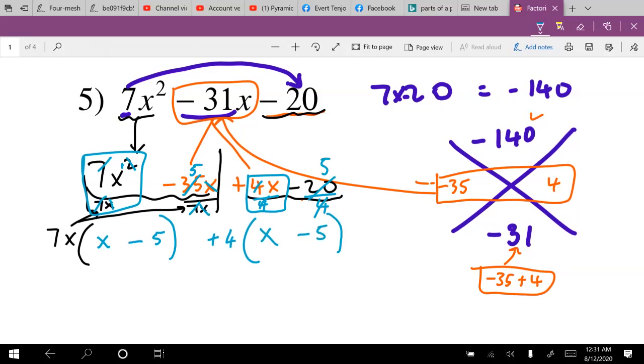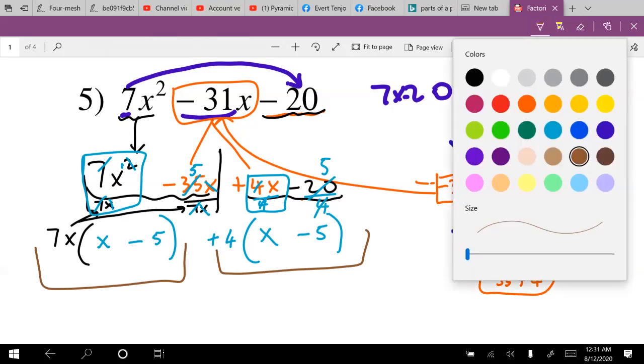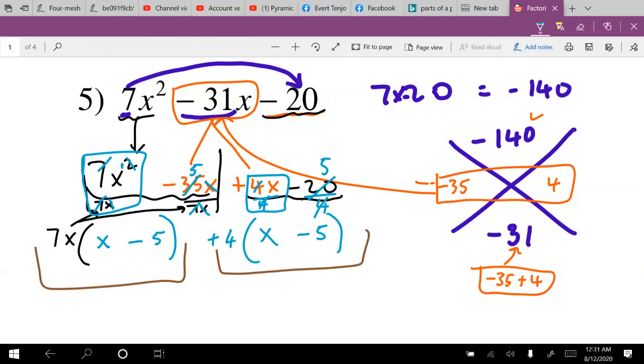You can see between these two terms, what is common? You can see x minus 5 is common, so we're going to factorize x minus 5 out. So that means we're going to divide all of this term by x minus 5. This will cancel that, and we're left with